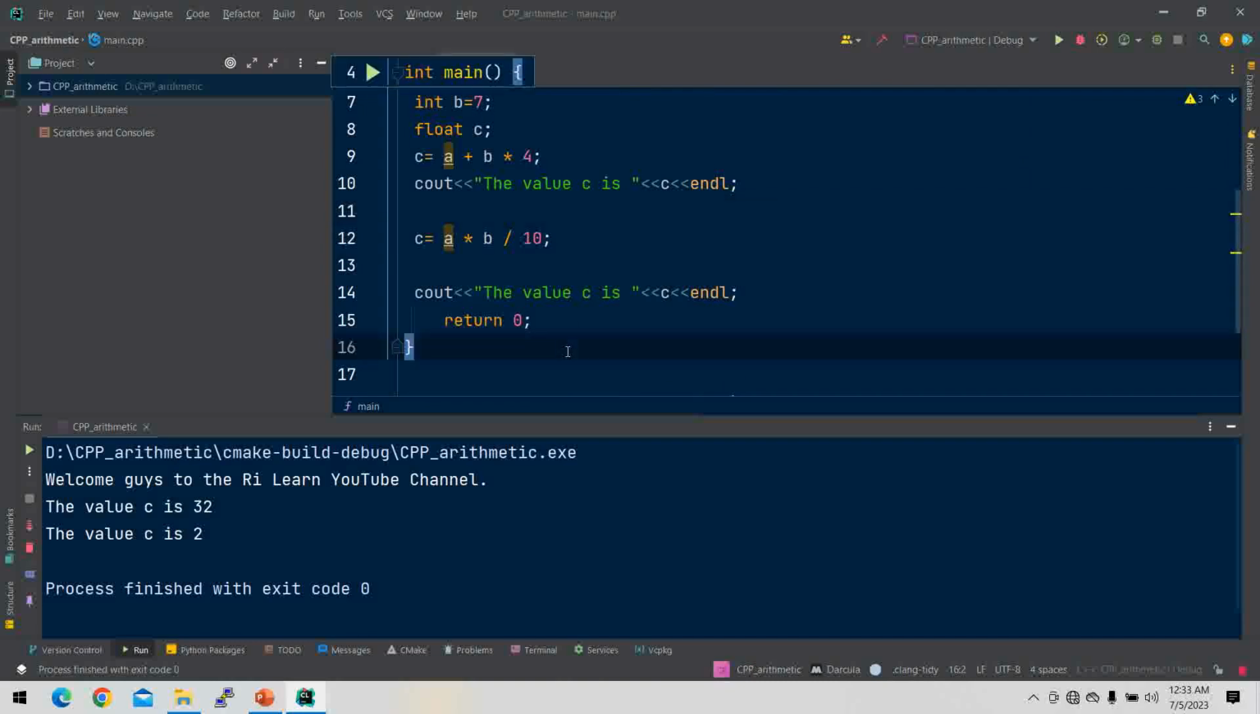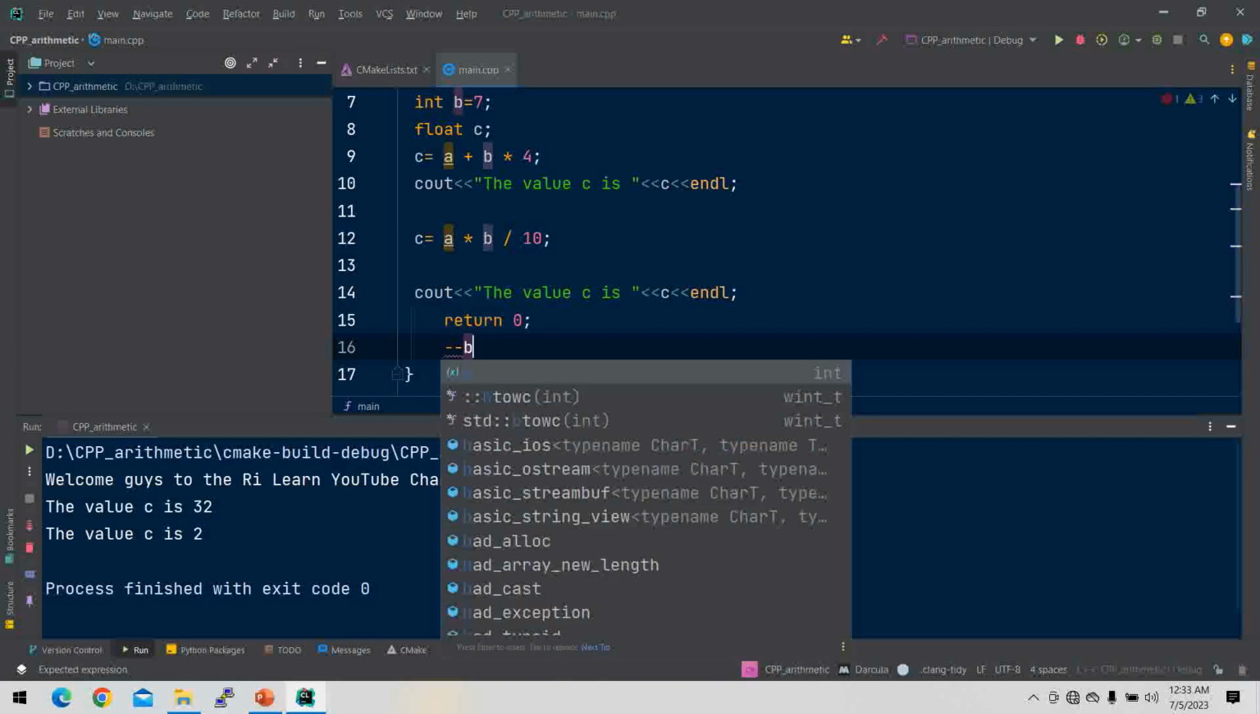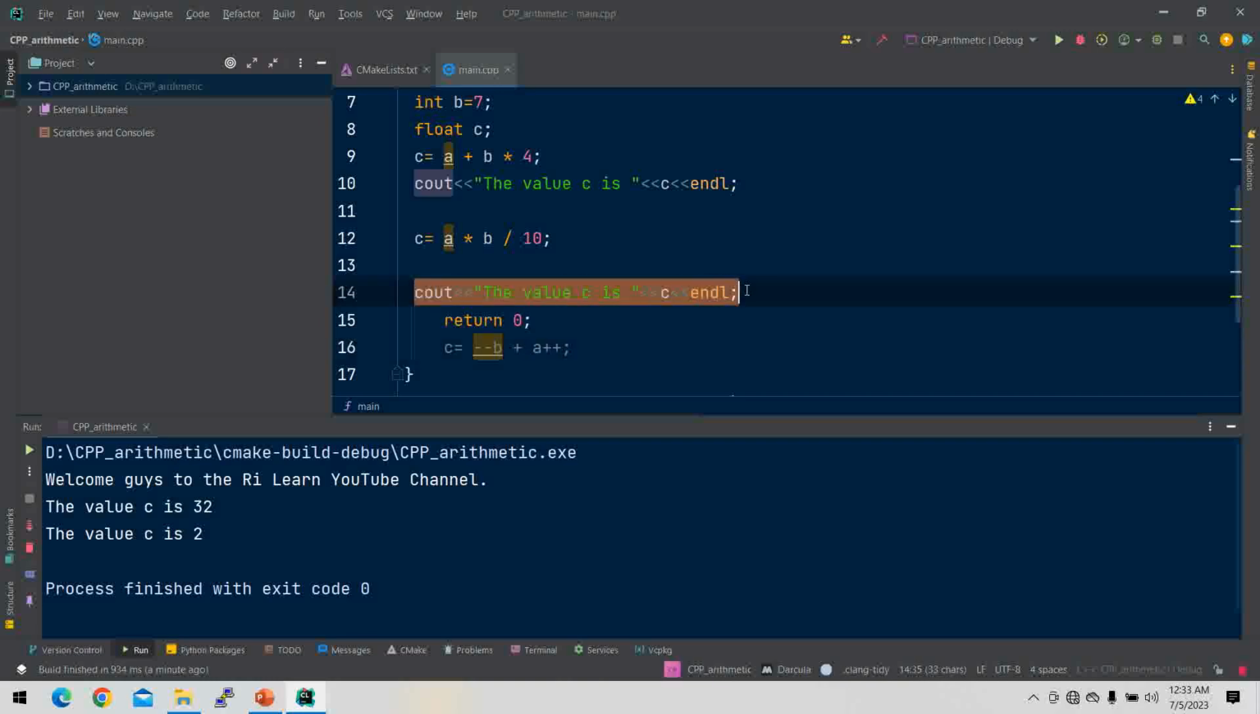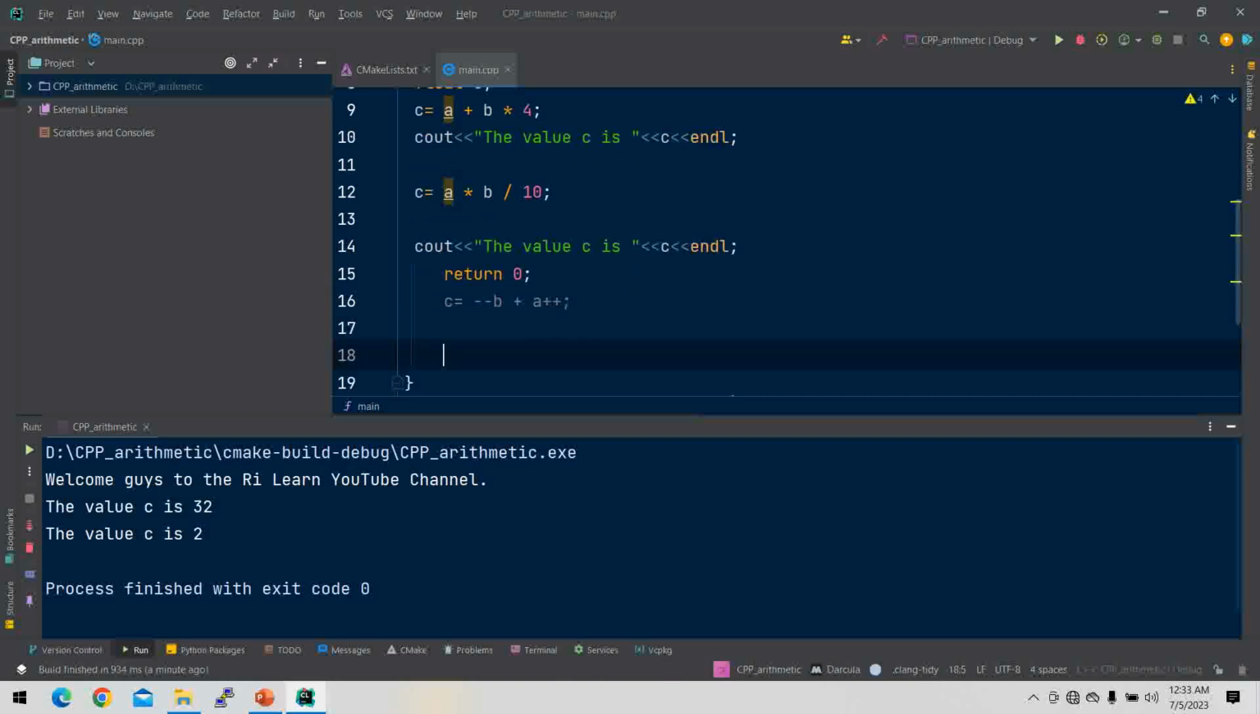Okay, so next, for example, c is equals to minus minus b, then plus, then a plus plus. So sorry, this should be